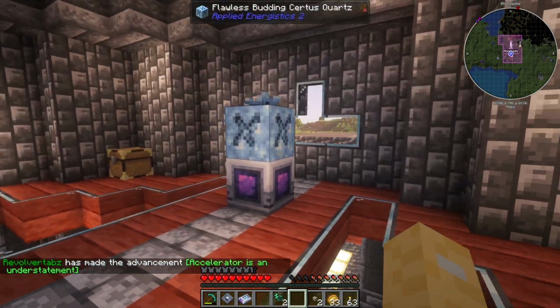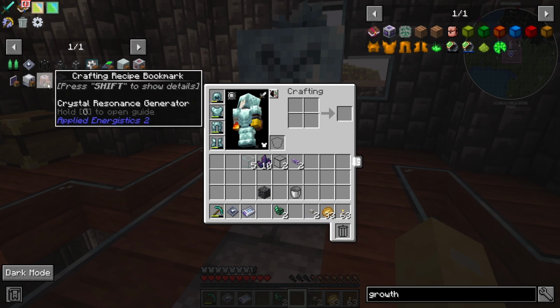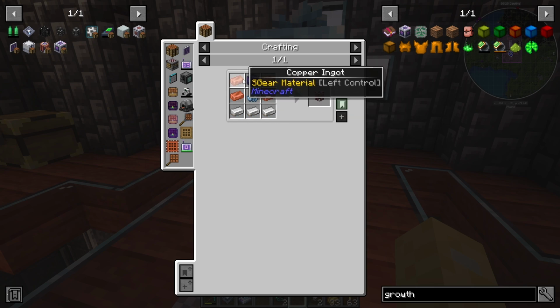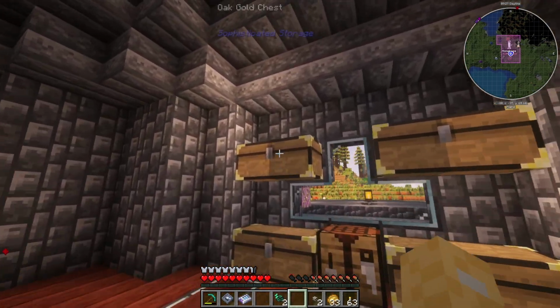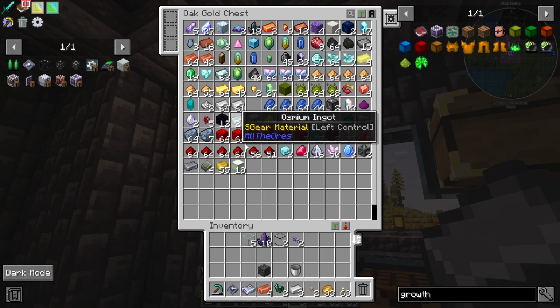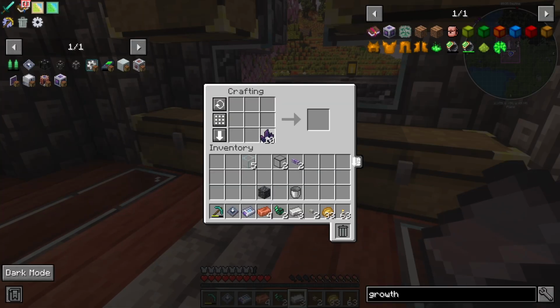I don't want to really power it because I feel as if you can just generate power using one of these, which is called a crystal resonant generator, and it's basically the same thing. So we're gonna just need 4 copper and 3 iron, right? So 1, 2, 3, and then 4 copper, and then we could use one more of them flux blocks. So 1, 2, 3, 4,